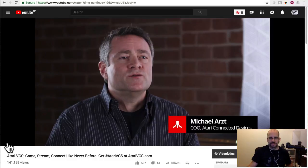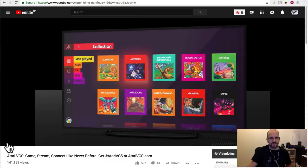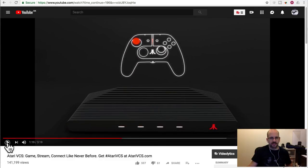One of the unique things about the Atari VCS is its PC architecture. So yeah, it uses an AMD Bristol Ridge, whatever, processor. So it's basically an operating system. You can play hundreds of classic Atari games on it, but there's more to it than that. It's basically a...